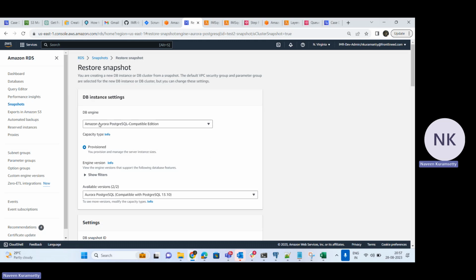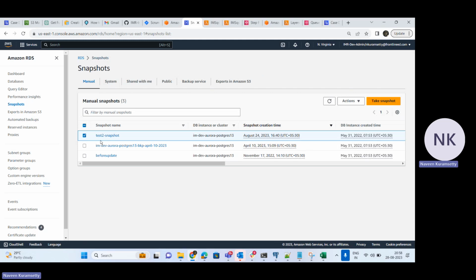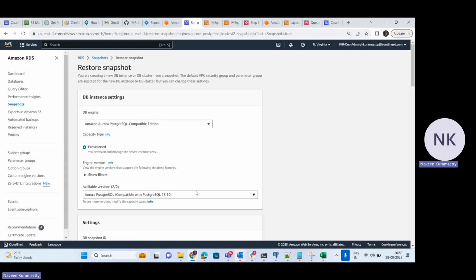As in our previous video, we took a snapshot like this. I will show you the snapshot. Test2-snapshot. This is the snapshot we took. And to restore it, just click here and choose restore snapshot. It will ask some questions,